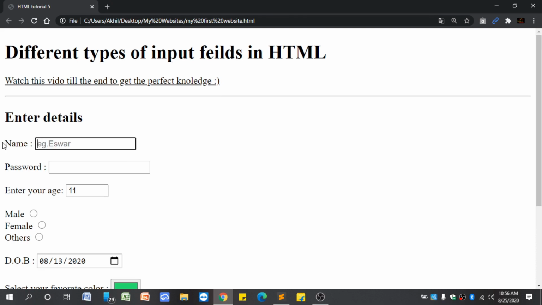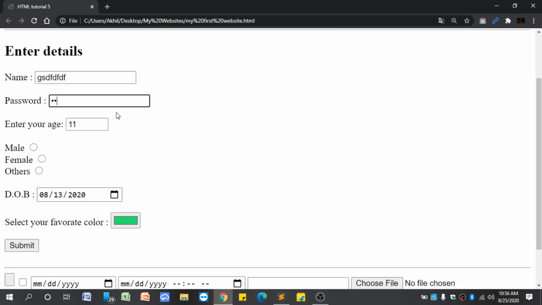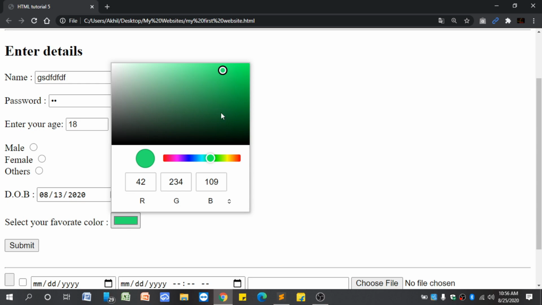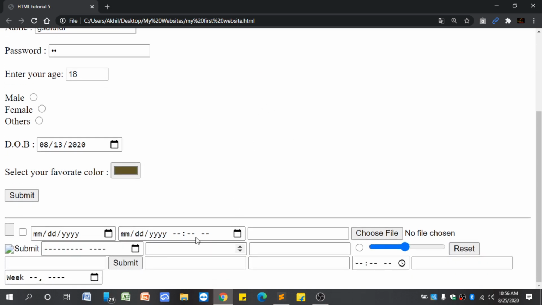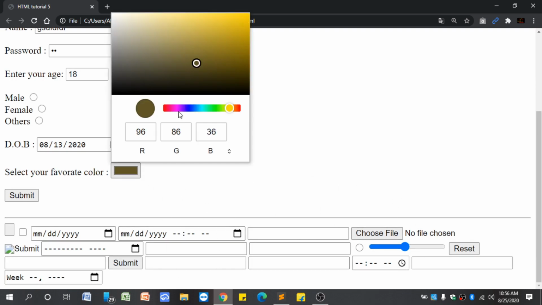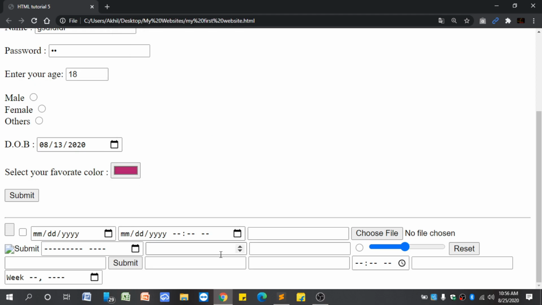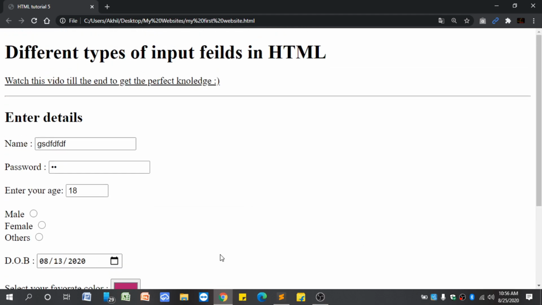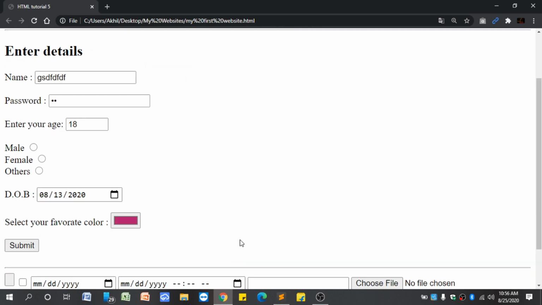Observe this web page. Here is a small data collecting form and we can enter the data in it. And observe, if I click on this up button, it is increasing numbers one by one. And also if I click on this color button, it is showing color and I can select the color from it. You can also see so many things in this website. So let us make all of these things in our HTML web page. So in this video we will learn the different types of input fields in HTML. So without getting any late, let's get started.